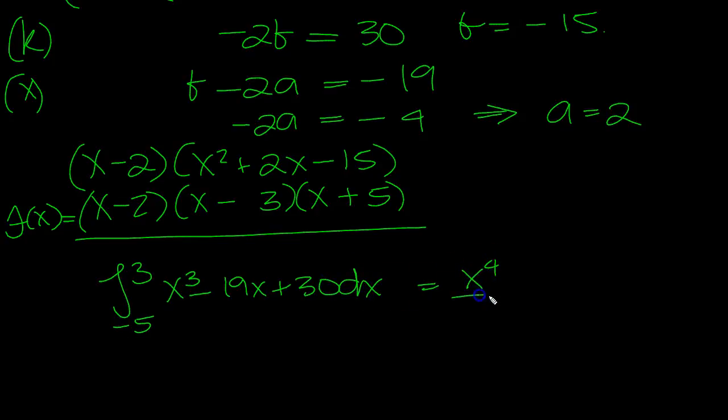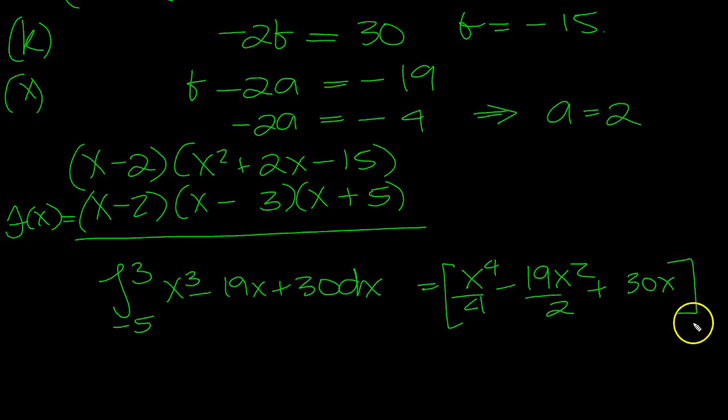That gives x to the 4 over 4 minus 19x squared over 2 plus 30x, between minus 5 and 3, which is equal to,